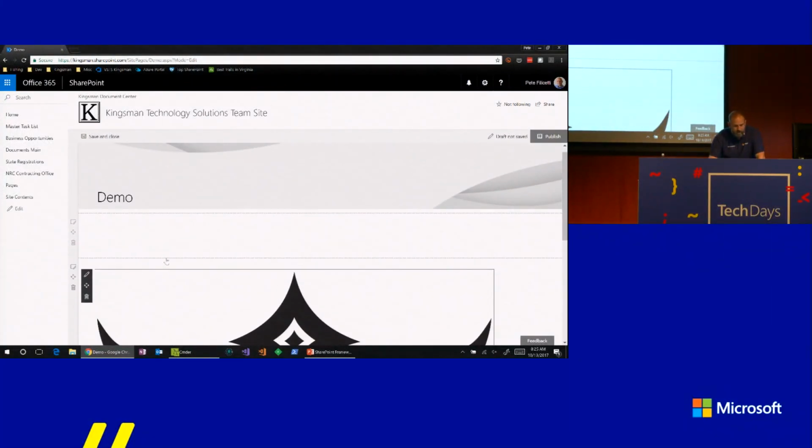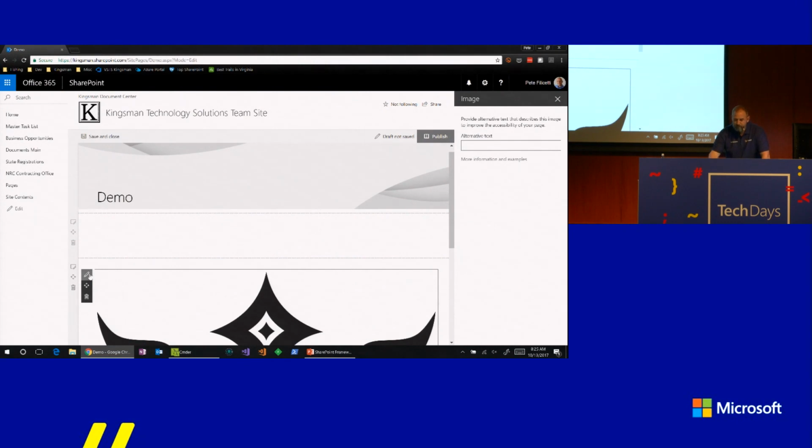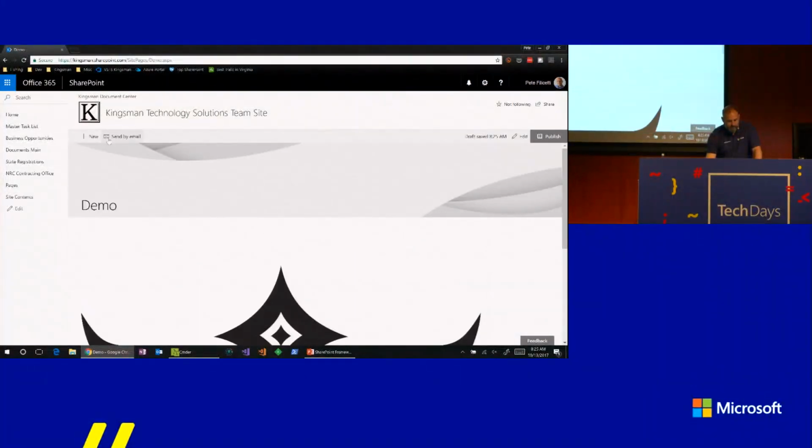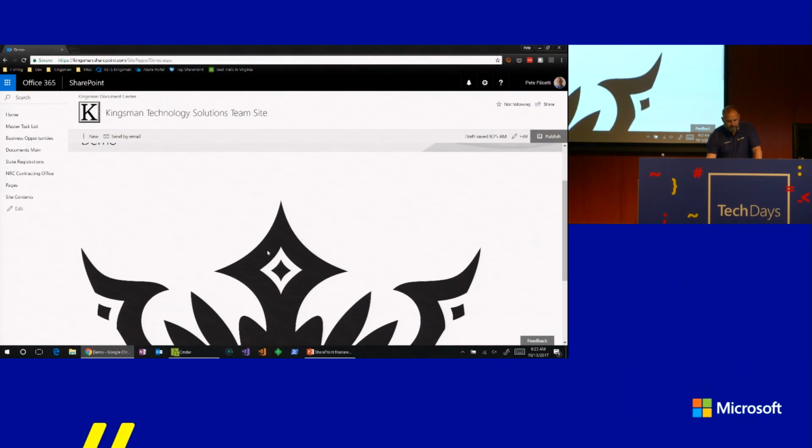So that was huge. The interesting thing is the pencil for edit web part. Now when you change your settings on these new modern client-side web parts, you notice there's no save or cancel here. When you do it, it's done. So I just type that in. I don't hit save. If I just close this, and now when I do save and close, since that was the alt text,